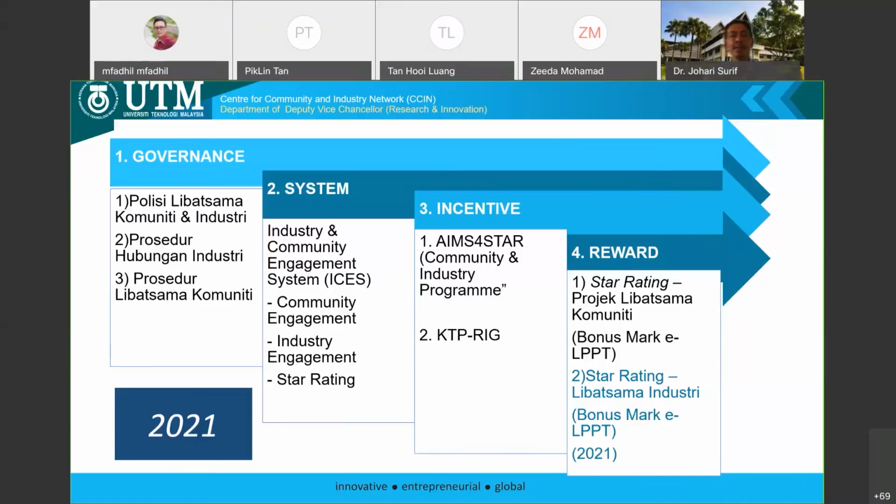Okay, ladies and gentlemen, this is all how the Center for Community and Industry Network supports the ecosystem in UTM to make